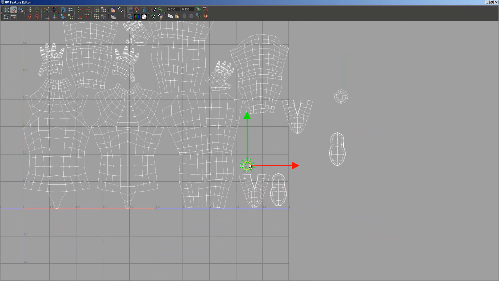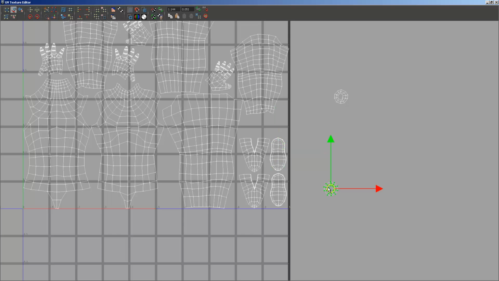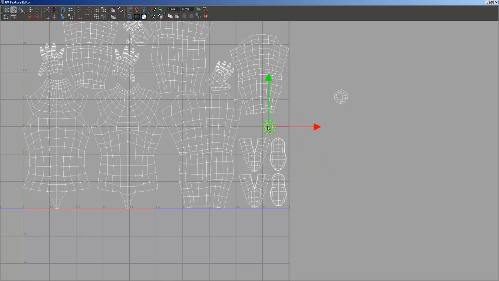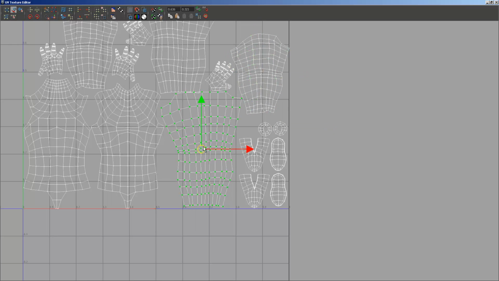The Move UV Shell tool, if you are overlapping your UVs, it will not let you place it there, which is good. It's just kind of a little backup. Make sure that you don't go crazy with your UVs. You don't have any seams or stretching or smearing in your texture because of overlapped UVs. This one,